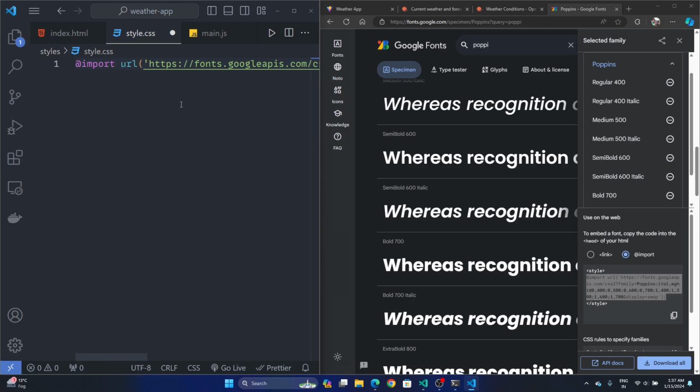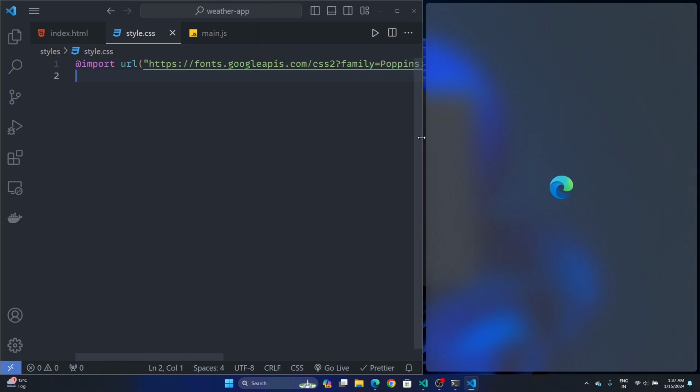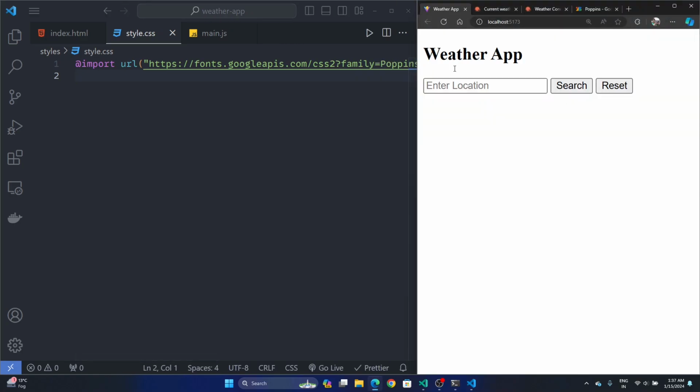Okay, so import URL, this will be it. So what it will do, it will import the Poppins font. So if we go to our application, nothing will happen because we haven't set our font family. So now what we'll do, we'll have some